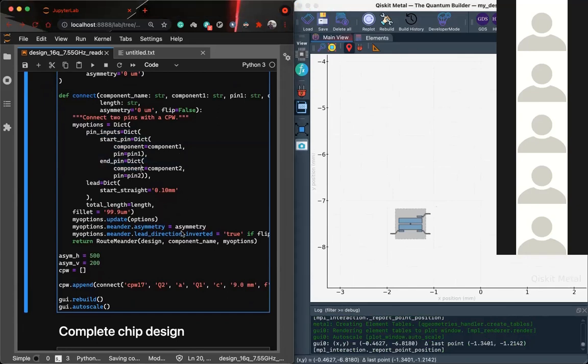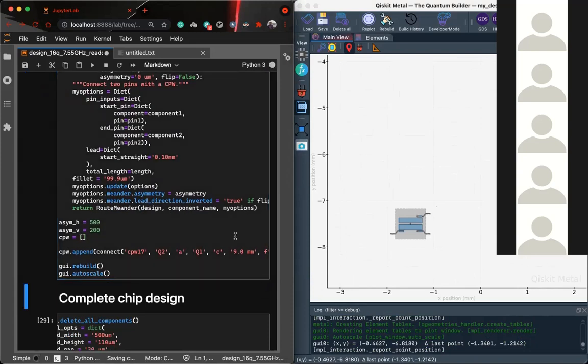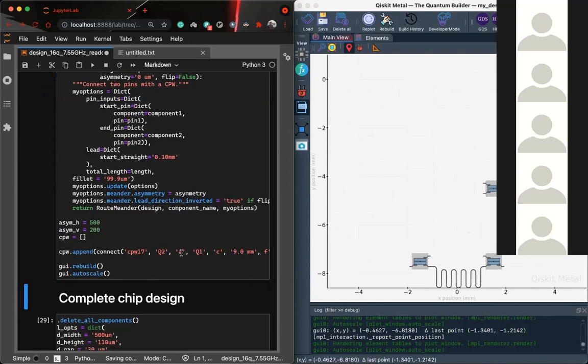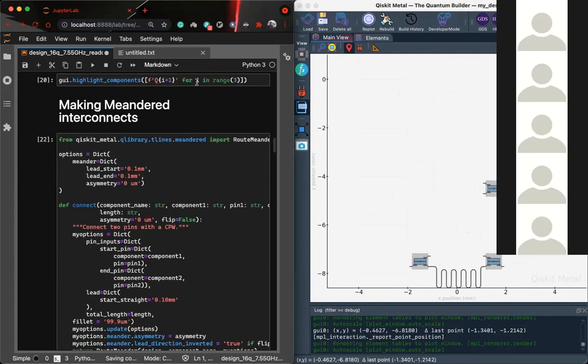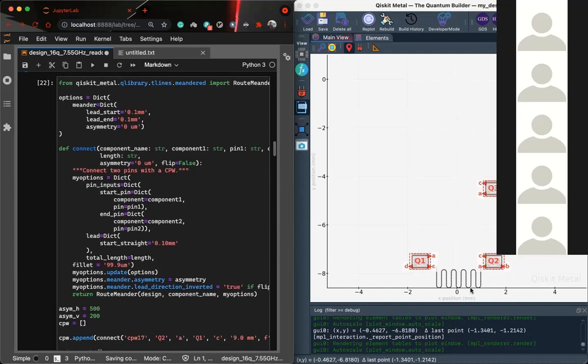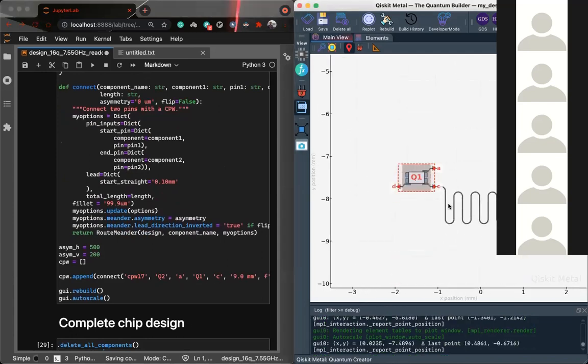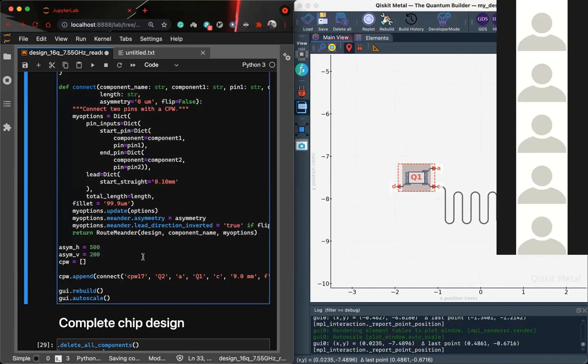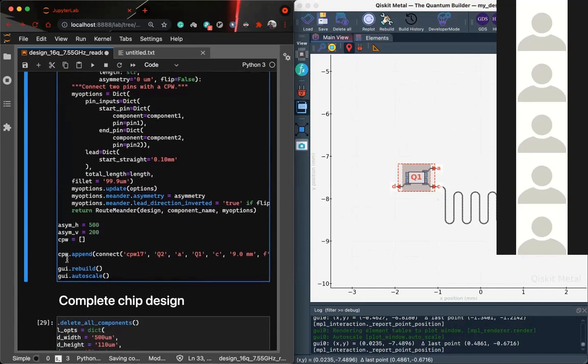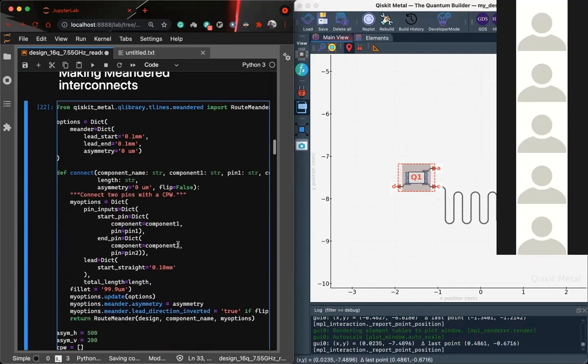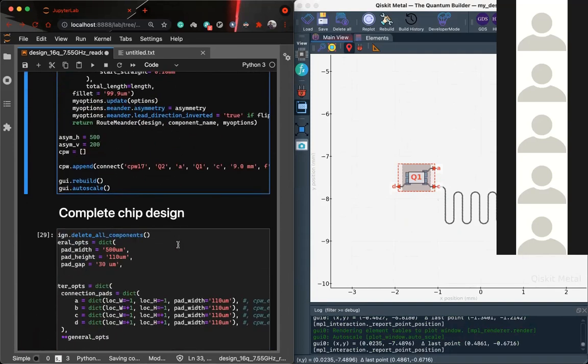If I run this, you can see it created a meandered path from C to A. I'm connecting from Q2A to Q1C, and you can see that it is connecting from Q2A to Q1C. So you can specify various parameters, asymmetries and everything. This is an array, and this array can store multiple CPWs. That's sort of the basics.